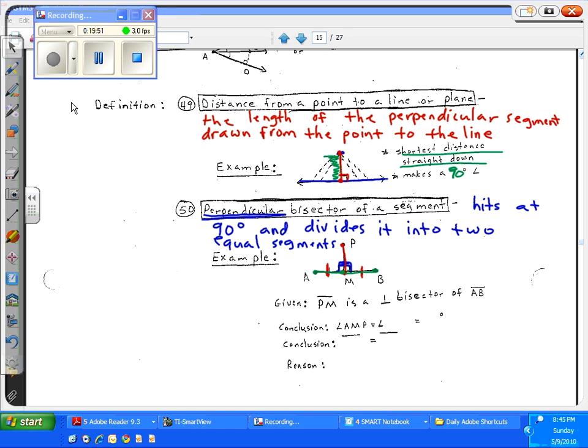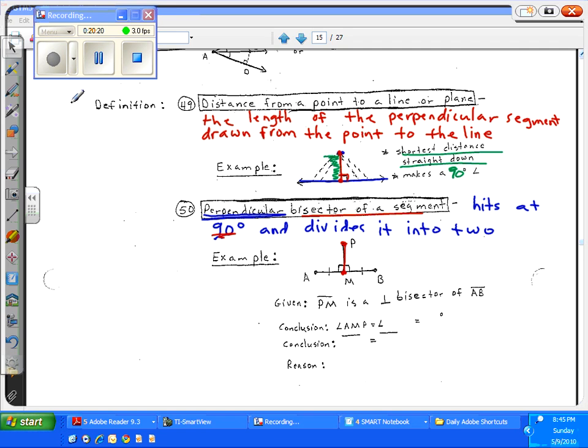So what we get out of it is 90-degree angles and equal segments. It's an object that hits a segment at its midpoint and makes a 90-degree angle. Okay? So, given that PM